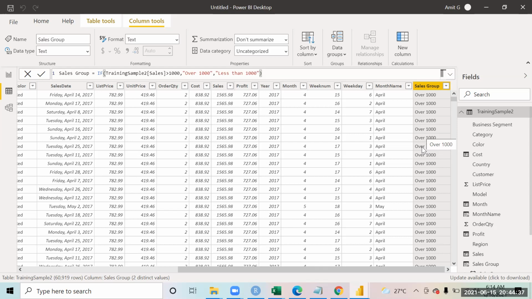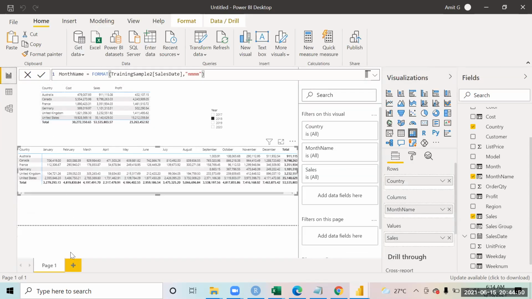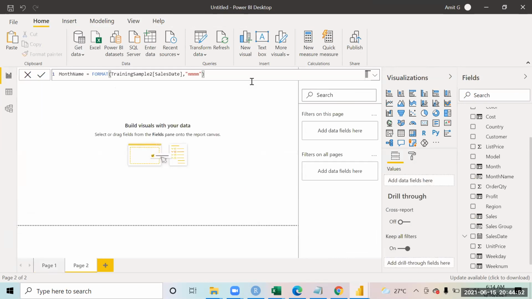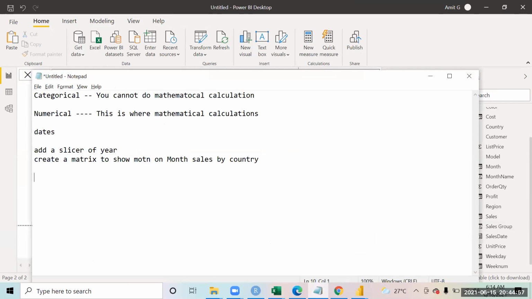If you want to write nested IF conditions, you can do that also. But we have a better way in Power BI to manage nested conditions, right? We have a function which is called SWITCH, which can be used to do that. So before I do that, now I want you all to make a table, right?